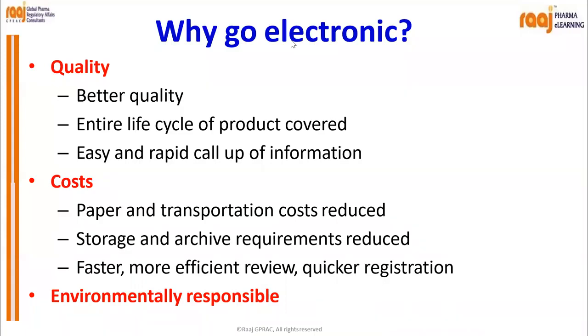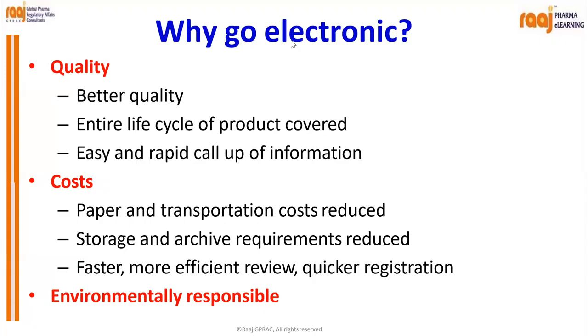So at a single click of a button, you get all the information of all the versions sent to the FDA or EMA by using eCTD software, so that there is easy and rapid call up of information whenever you want, as and when required. Coming to cost, of course, paper and transportation cost has tremendously reduced, right? Storage and archive